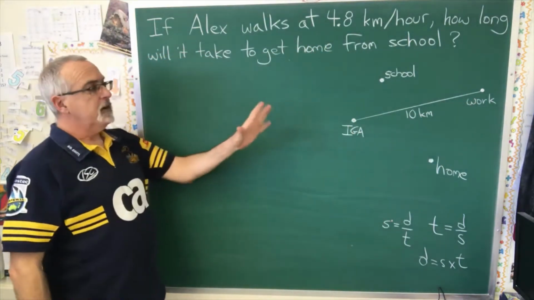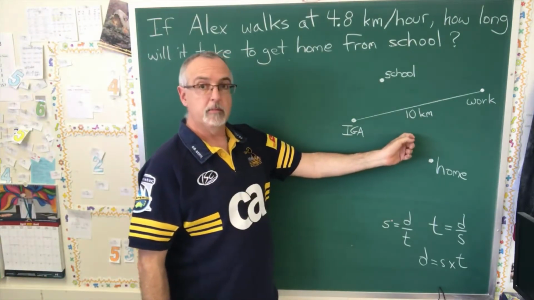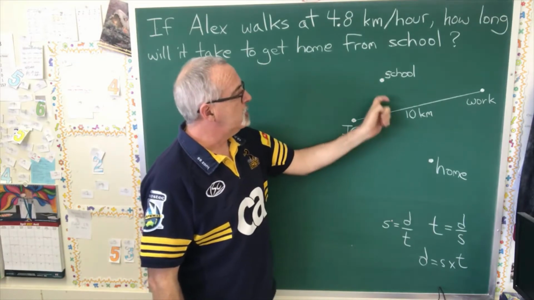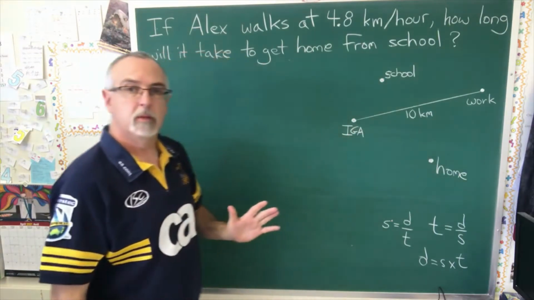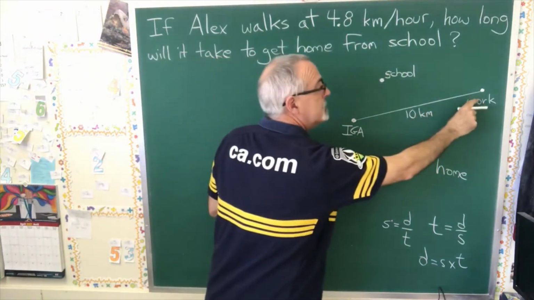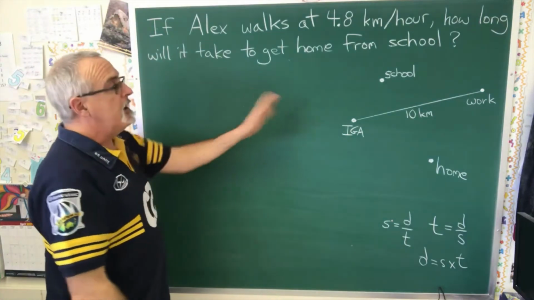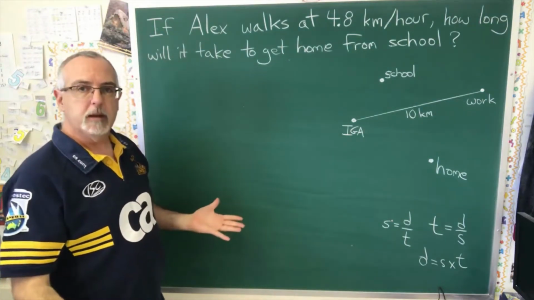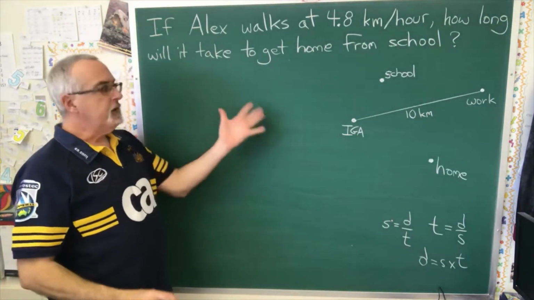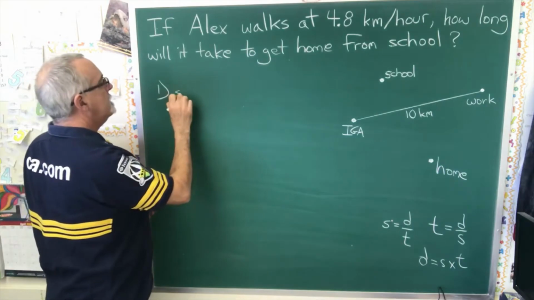So the first thing I have to do is look at this scale diagram, and figure out how far school is from home. And it's handy, they gave me a distance on the diagram. So I need the scale. That's my first step. The question's not talking about find the scale, but I have to realize that I need it. So my first step is the scale,